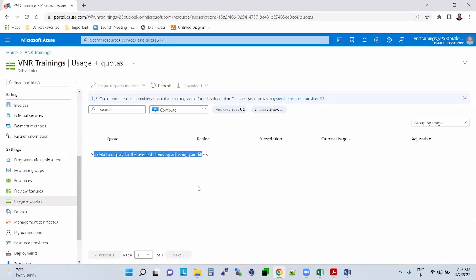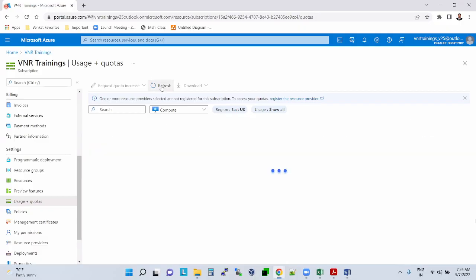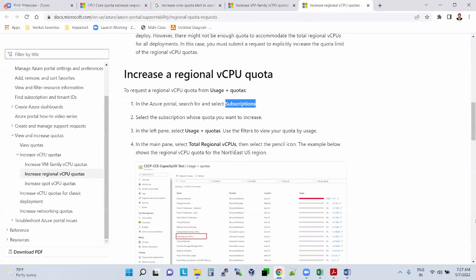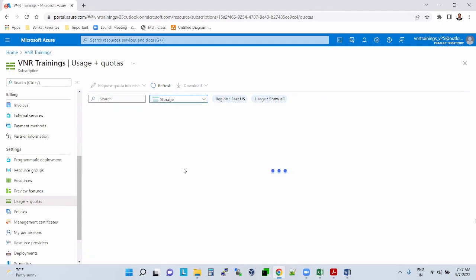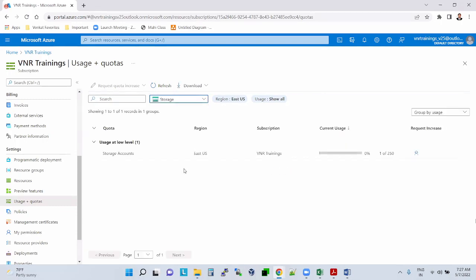Why is no button filled actually? Select their storage. Yeah, storage. Okay, so we have quota, but why is the processing quota not there?